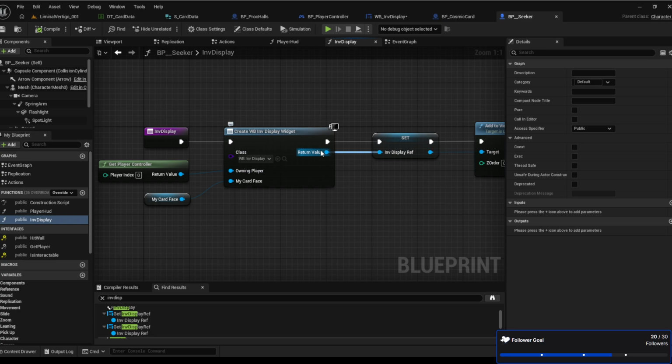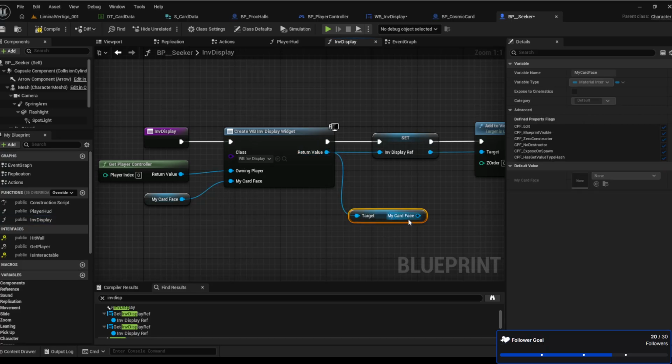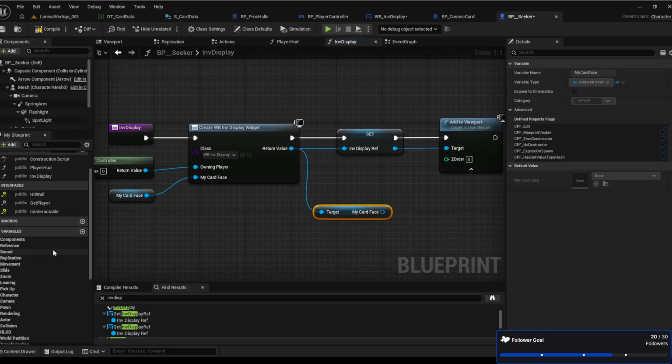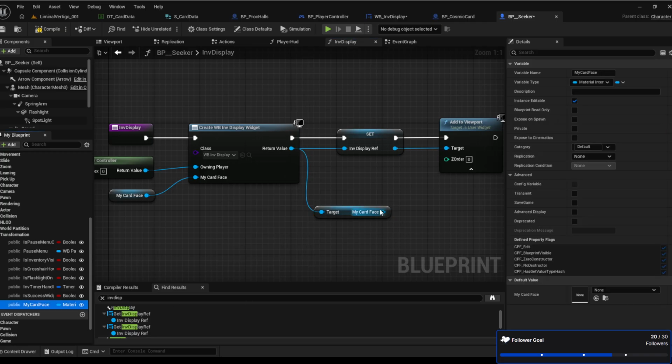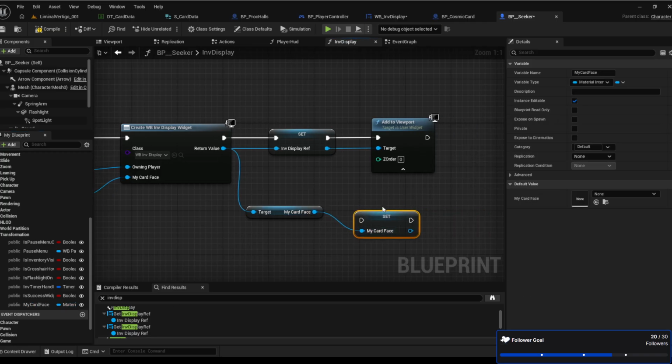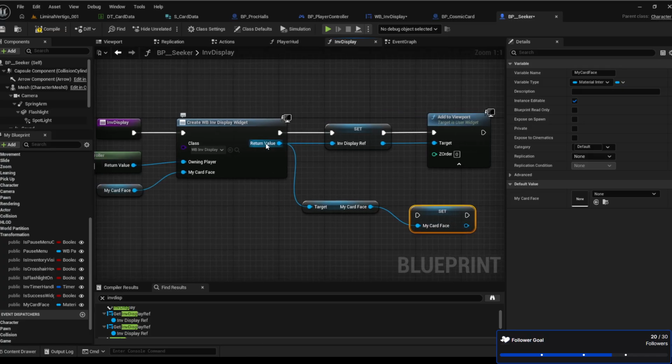How do I get the, get my card face? And then this one needs to be set my card face. So once you set it, after you get it,